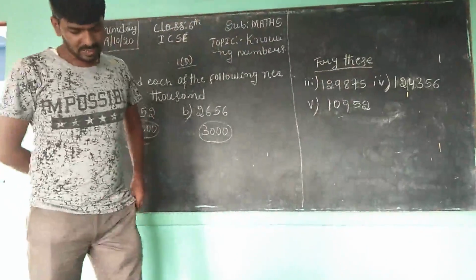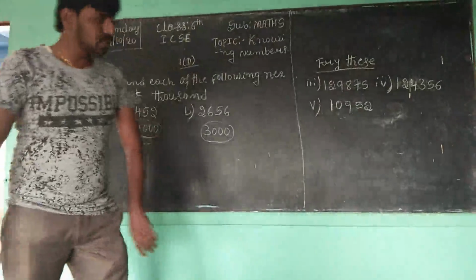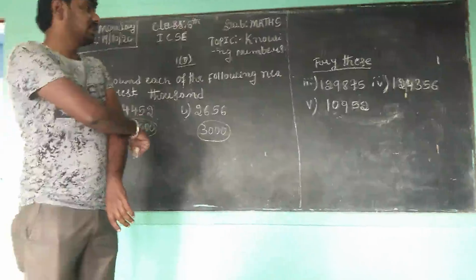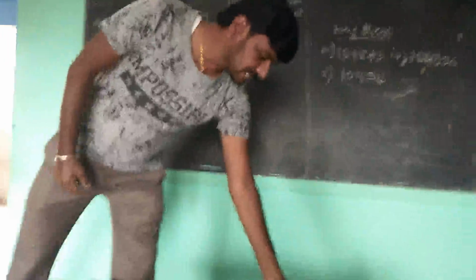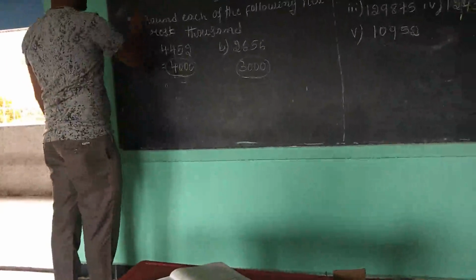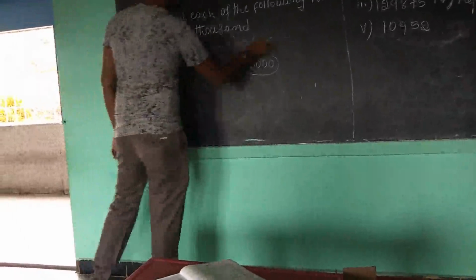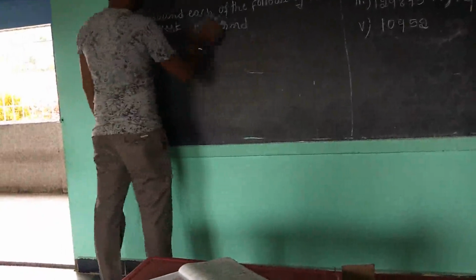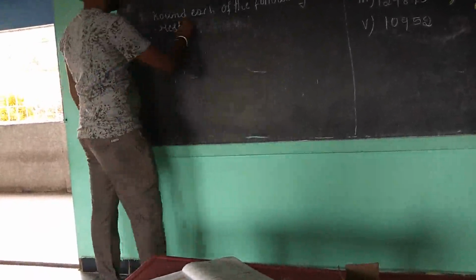Children, next we want to go to very nearest numbers, that is 10,000. Here also we want to take the nearest 10,000 place. Shall I write this one, children? Next you want to go to the next line. What are the sums? Okay. Want to take, children, the nearest 10,000s.